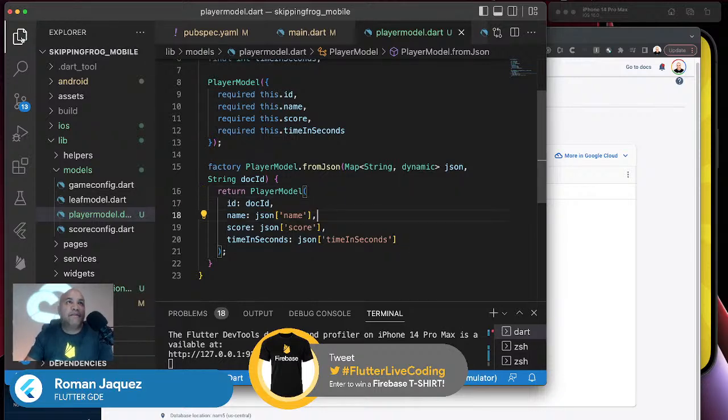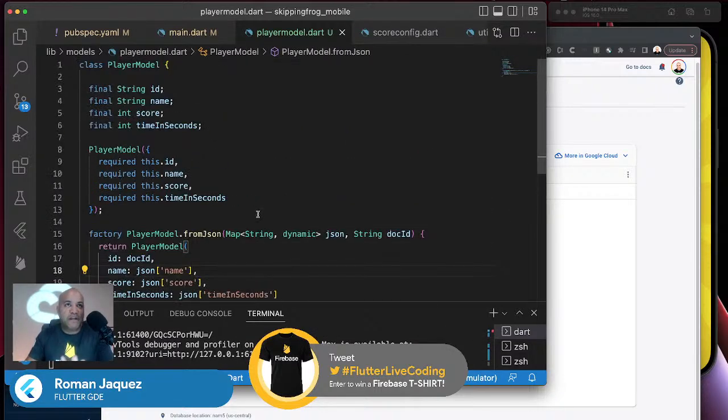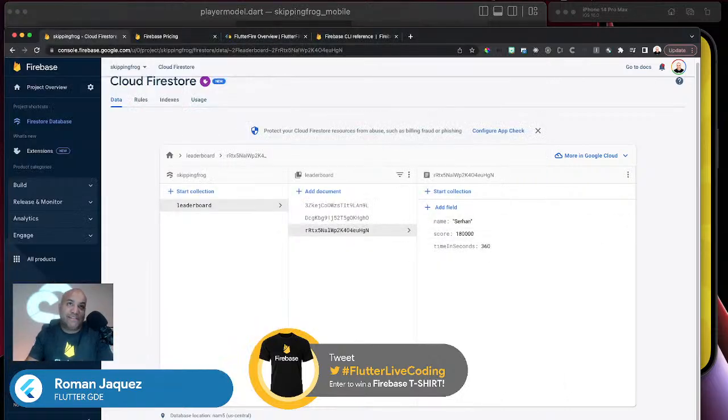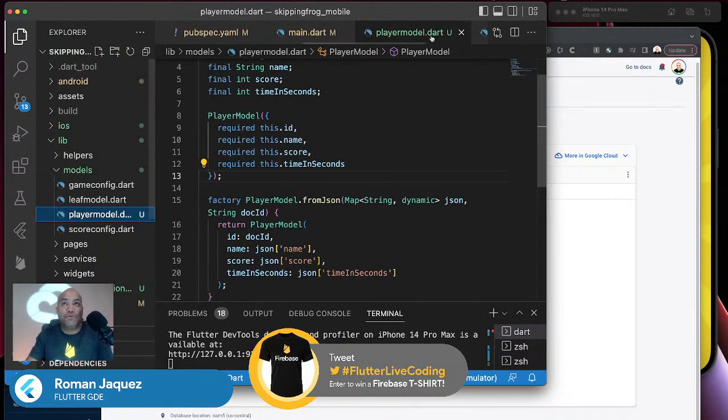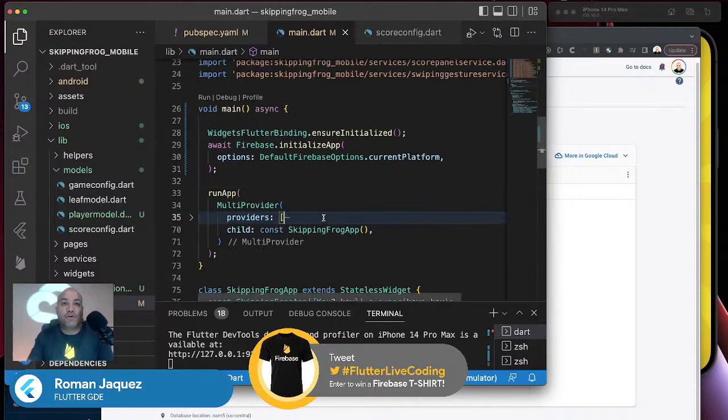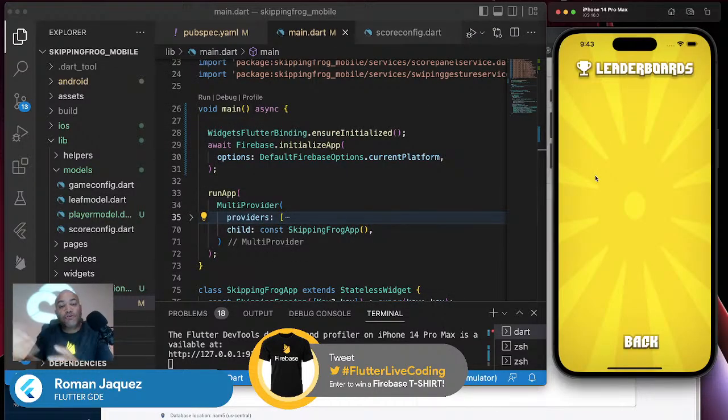So let me save that. Got it. So you see I have my model already created. It's pretty much mapping what this is. So let's go back over. And now that I have my player model created, you know already what I'm going to do. In order to consume the Firebase